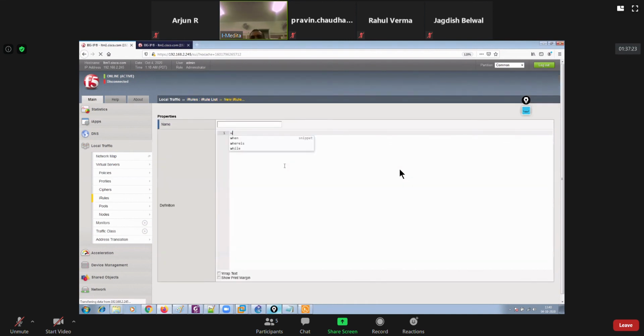So you could say when HTTP request, then if, then another bracket start, and then you could say IP colon remote address bracket close equals to, to whom? 1.1, I mean, yes, you could say it this way: 192.168.1.1 if your client IP address is this, or maybe in our condition it would be 11.1.1.